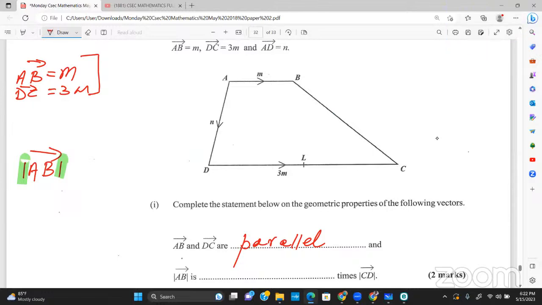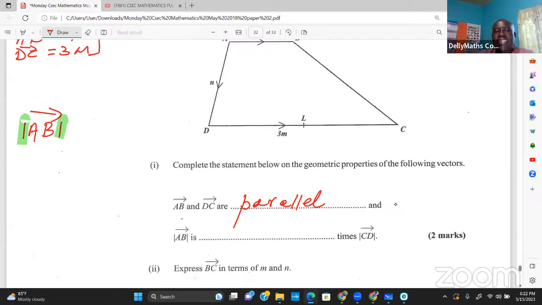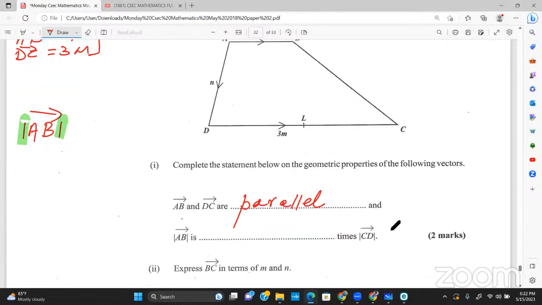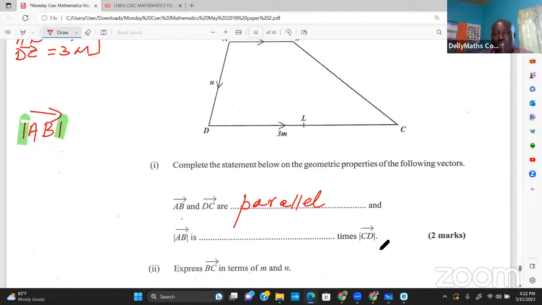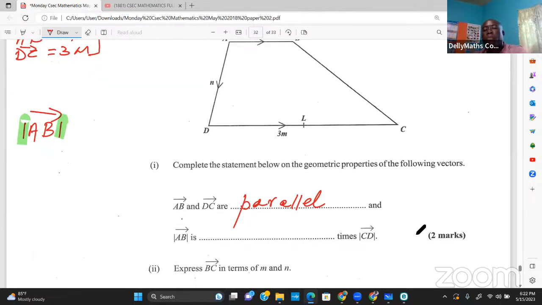Look at it. 3, sir. All right, you're thinking, but I want you to think carefully. 3 is a good number. However, how did they phrase the question? Look, which one is bigger? Is it DC or AB? DC is bigger. So then it is bigger. How many times bigger? 3 times bigger. But how they put the question, you can't put 3 for the answer because they said